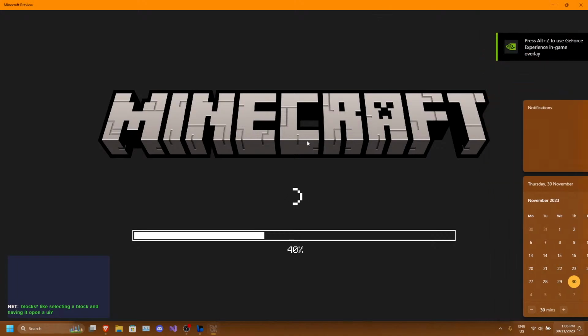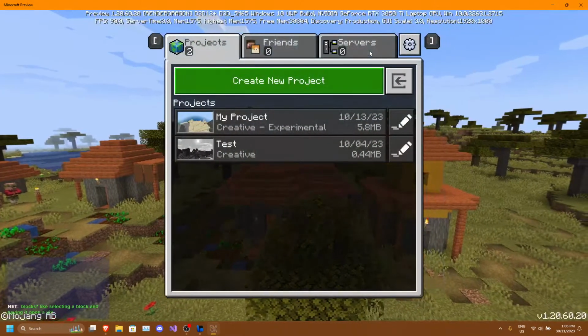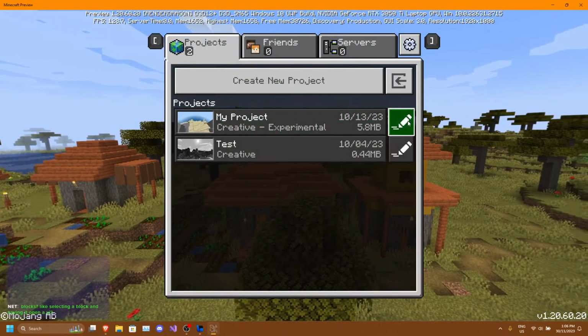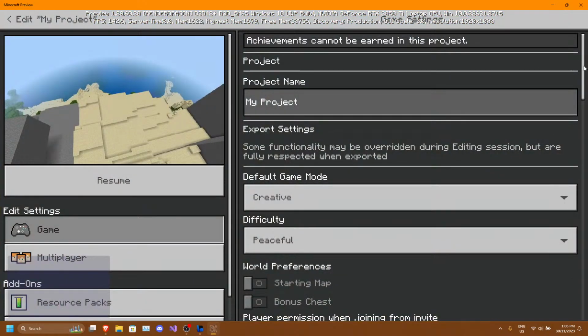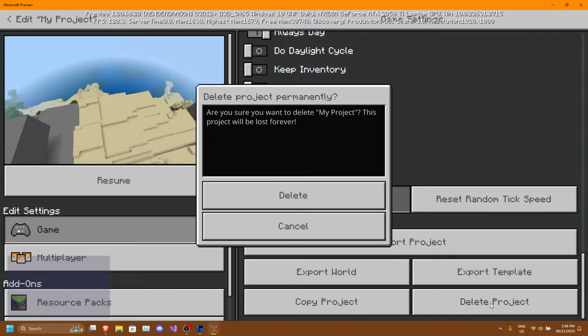It changed a bit about how it works, unless I've updated it or haven't updated it. Oh, I'm not opening that one again. No, I don't want to. Delete project.